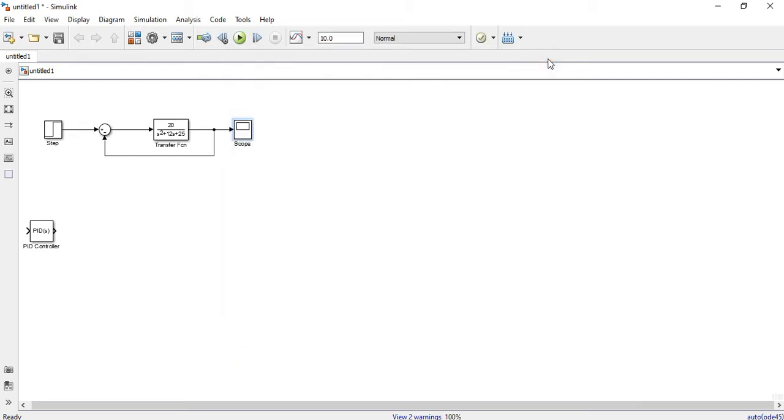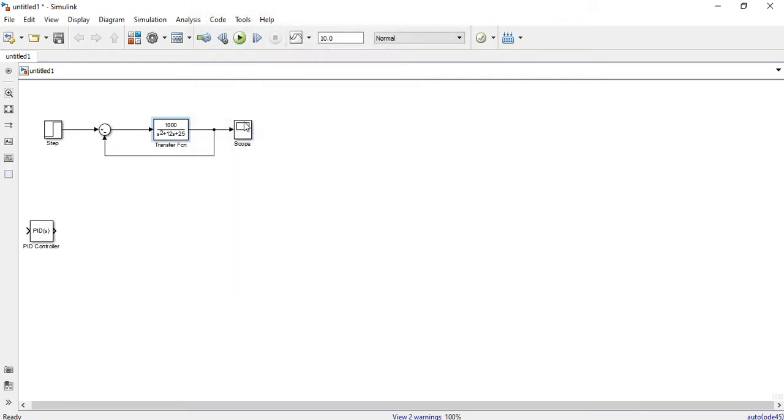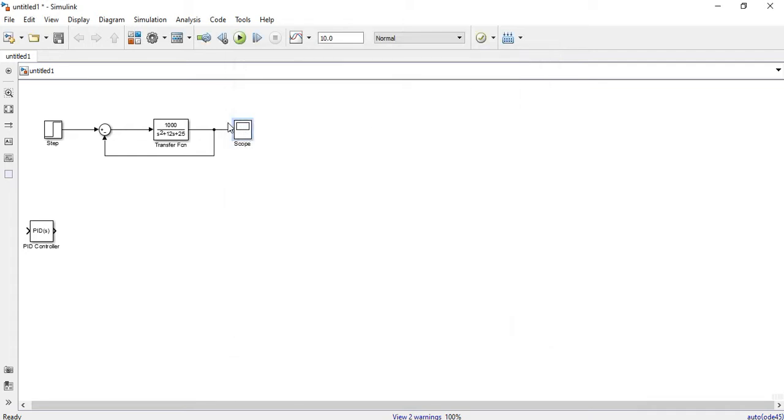I'm just increasing the value, so we'll have various values, and we'll have this output. Right now I want to see the output in two manners, so I will be taking one scope.